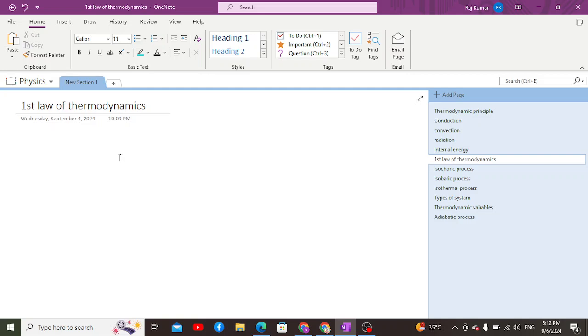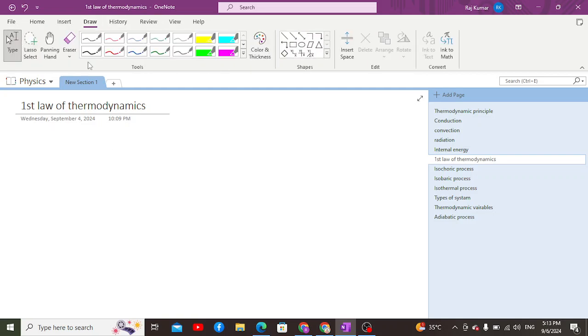Now, in case of the first law of thermodynamics, we have studied some thermodynamic variables. What are those thermodynamic variables? These include, number one, del Q, heat transfer, which represents the heat which is provided to or released from the body. If the heat is provided to the body, it is known as positive heat. But if the heat is removed from the body, it is known as negative heat, right?